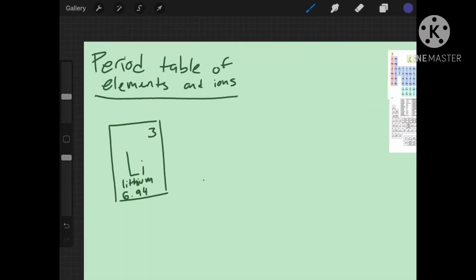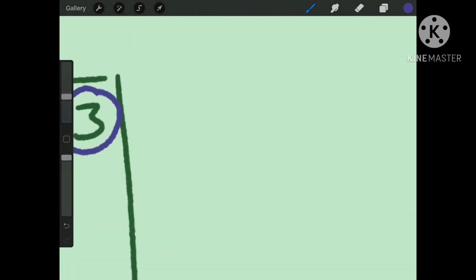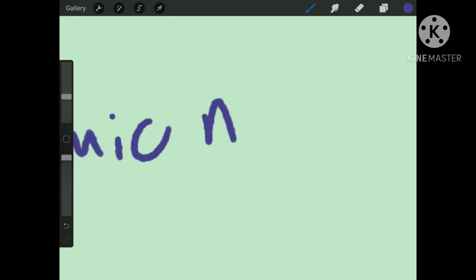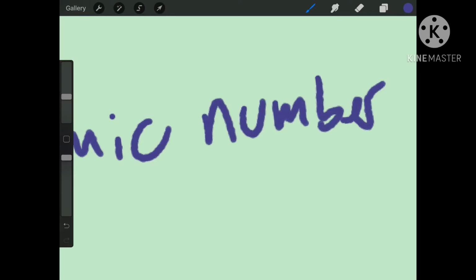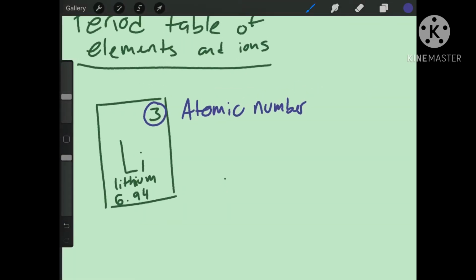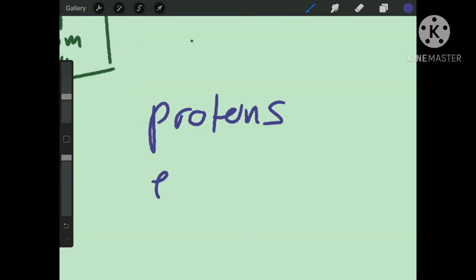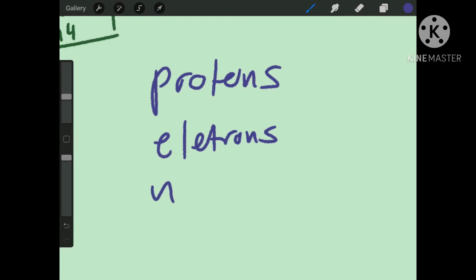So this number right here is the atomic number. So this tells you how many protons and electrons there are. So we write that down here. Protons are positively charged, electrons are negatively charged, and then neutrons are neutrally charged. They have no